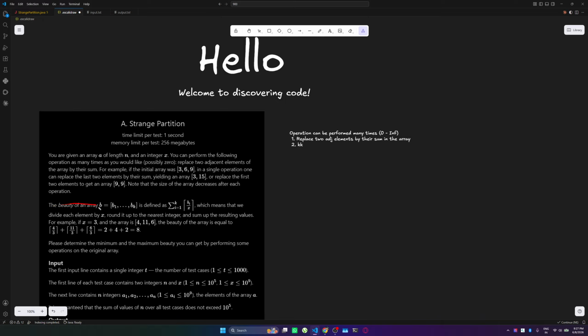The beauty of an array b, b1 till bk, is defined as the sum from i equals 1 to k of ceil(bi by x). So what is this x? We are given that x. So bi, after performing these operations, I assume, means that we divide each element by x and round it up to the nearest integer and sum up the resulting values. For example, if x is equals to 3,